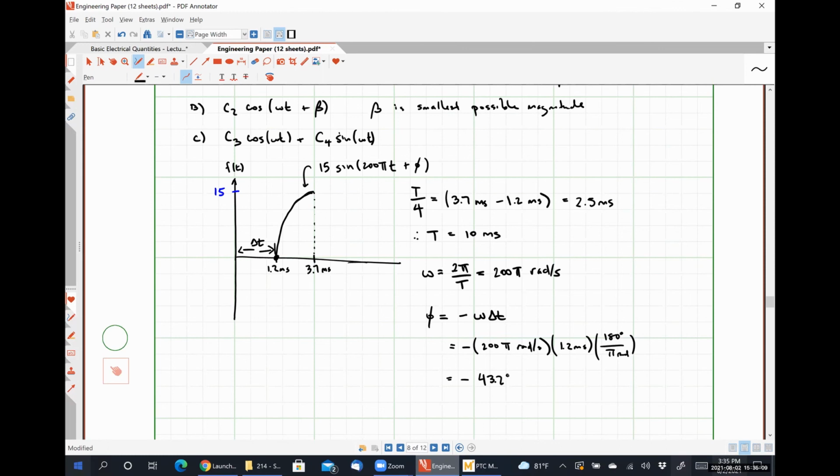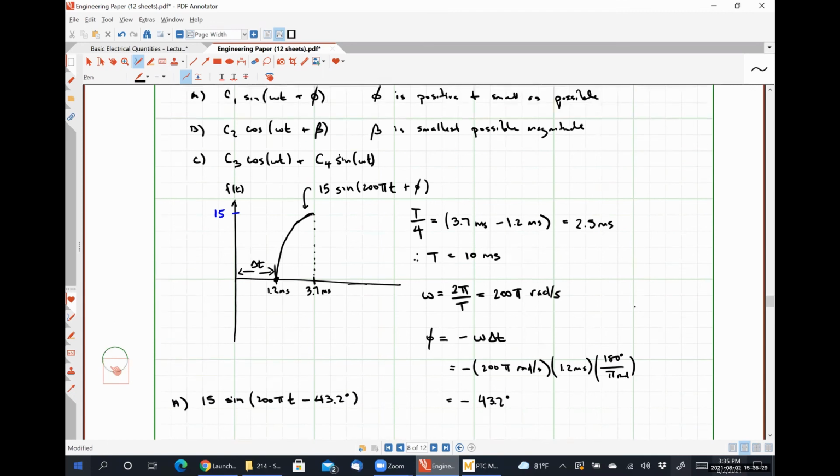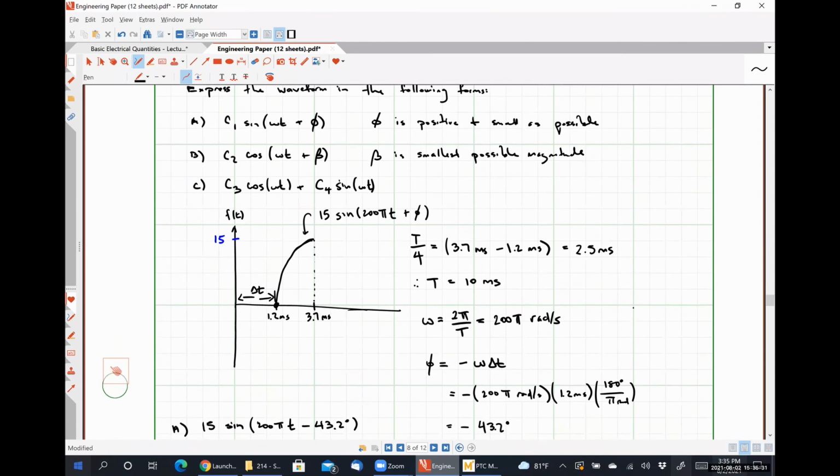So our answer for part A is 15 sine 200 pi t minus 43.2 degrees. Now, if we look at our constraint here, it says that our phase angle should be positive and